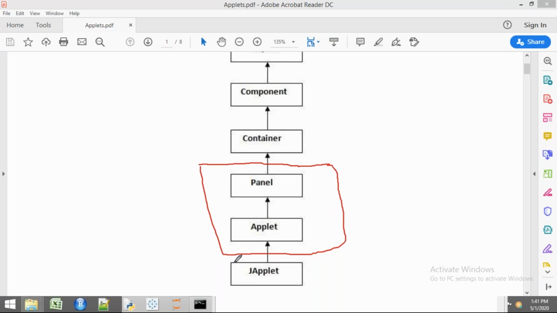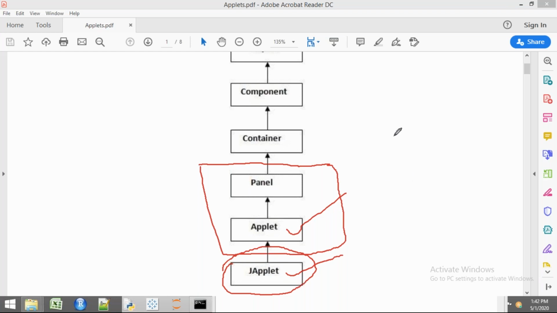When we go to Swing, we will see JApplet. Today's session covers the applet that uses AWT components, and also the applet that belongs to our Swing components. So remember one thing: this is a class, and JApplet is also a class. For Applet, the superclasses are Panel, Container and Component. In the same way, for JApplet, the superclass is Applet. It is very important to remember.